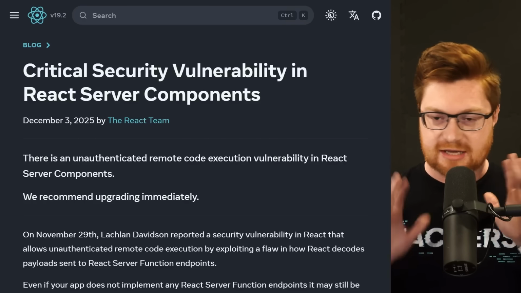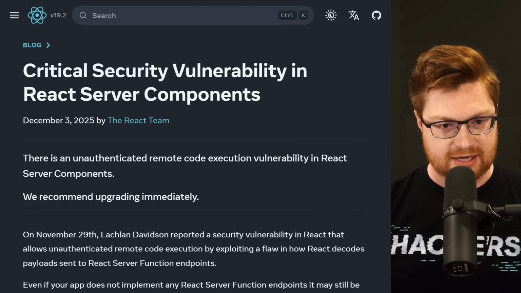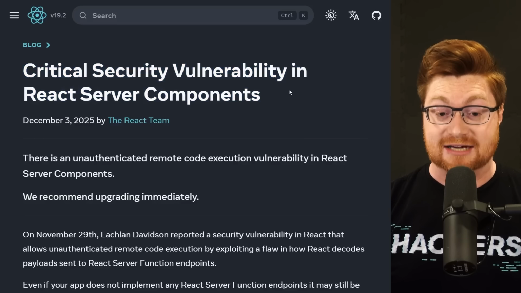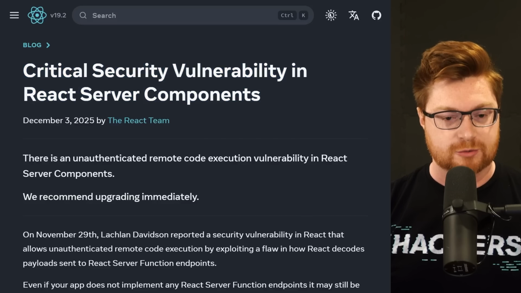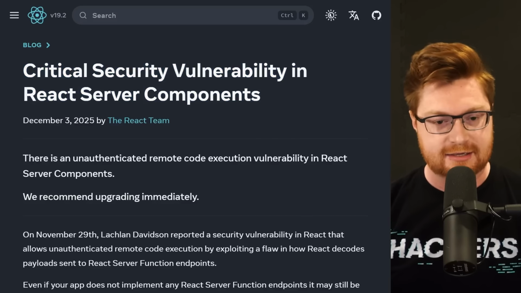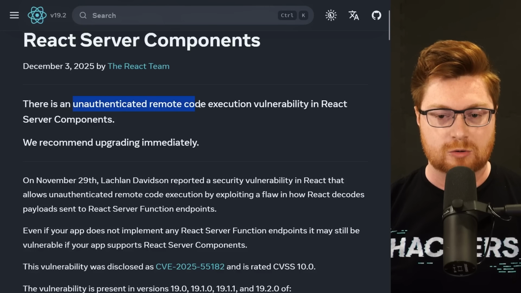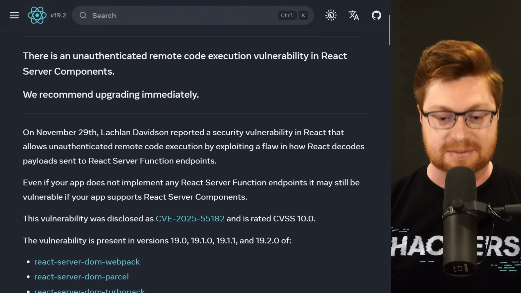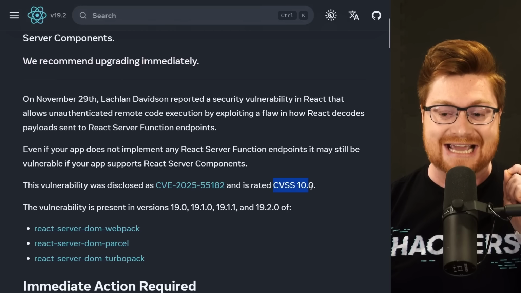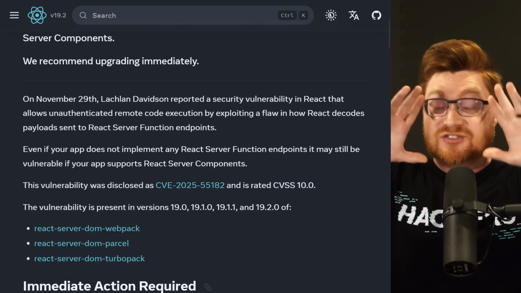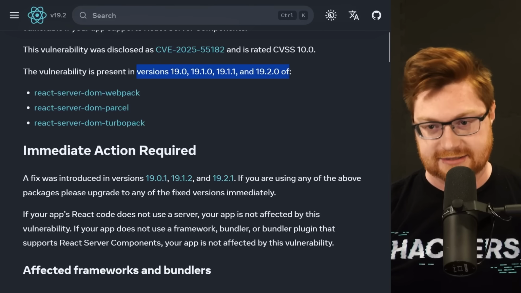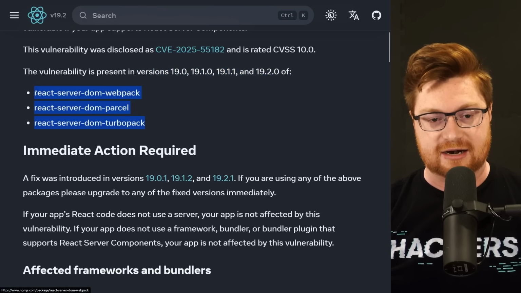So here's the gist. In case you missed it, a lot of the internet was running around like a chicken with their head cut off because there was a critical security vulnerability in React. Not something we tend to have on our 2025 bingo card. Shout out to you, Ed. This is an unauthenticated remote code execution vulnerability, and they recommend upgrading immediately because this is CVSS 10.0, the highest it goes. Vulnerability is present in versions 19.0, 19.1.0, 19.1.1, and 19.2.0 of a lot of the stuff that's used